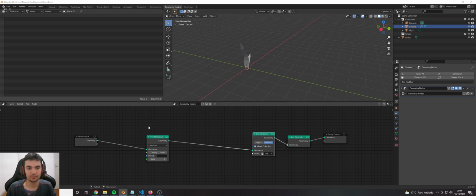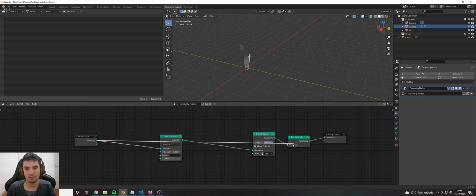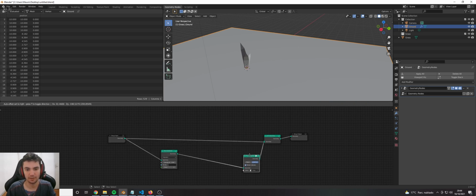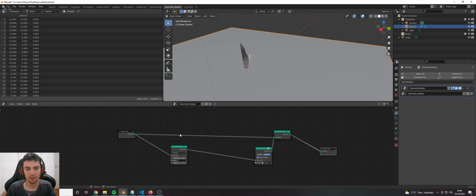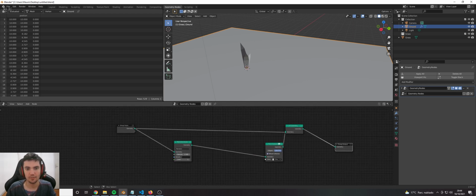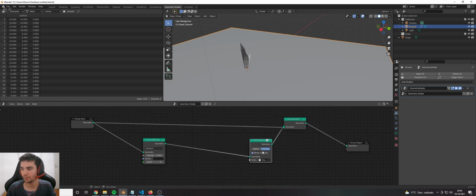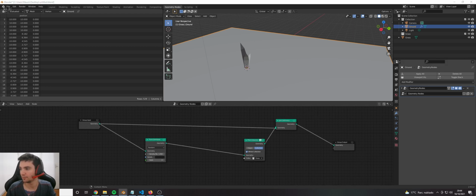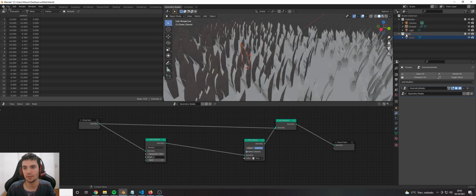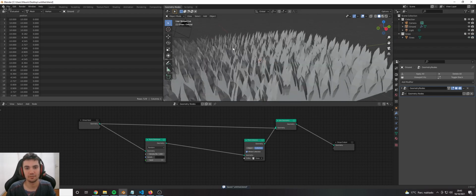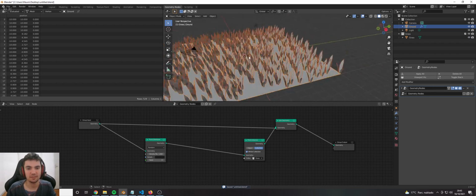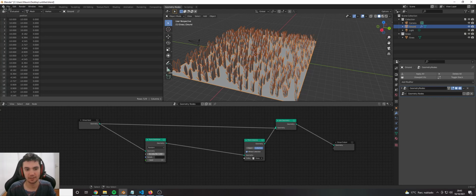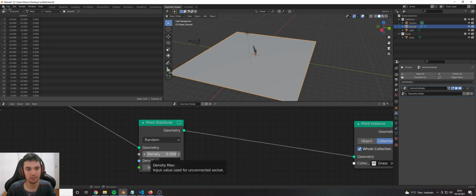So let's put it now so we can see the ground here. Okay. To control the density, we can... It was empty. Now it shows up here. Okay, our grass is here and it's working already. We can control the density with this density maximum value here, but